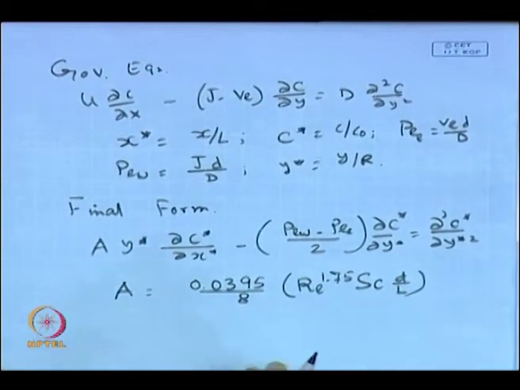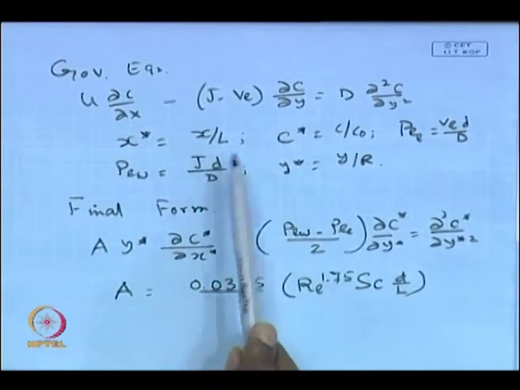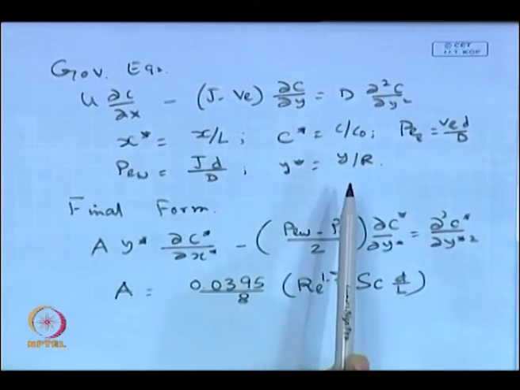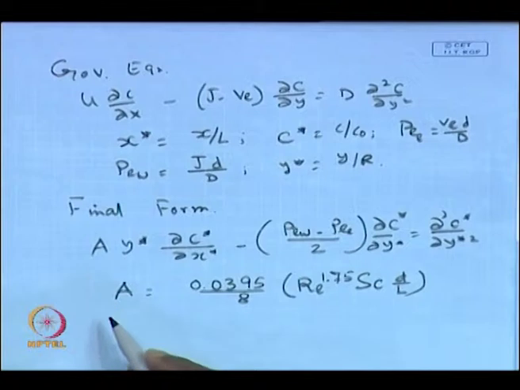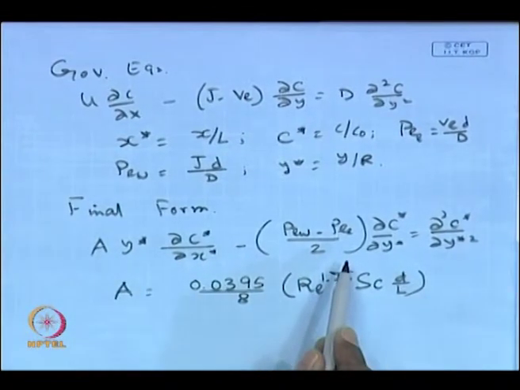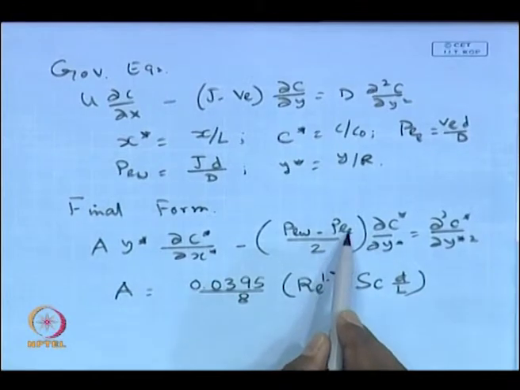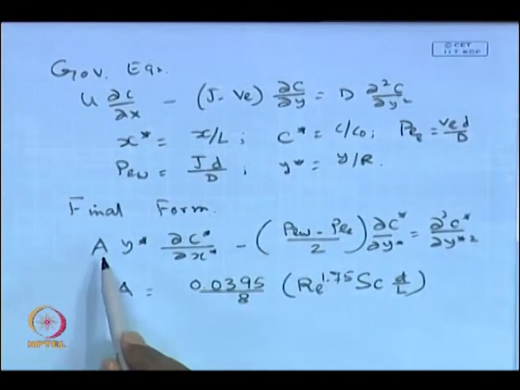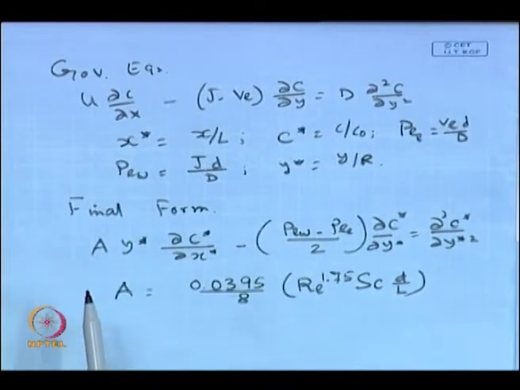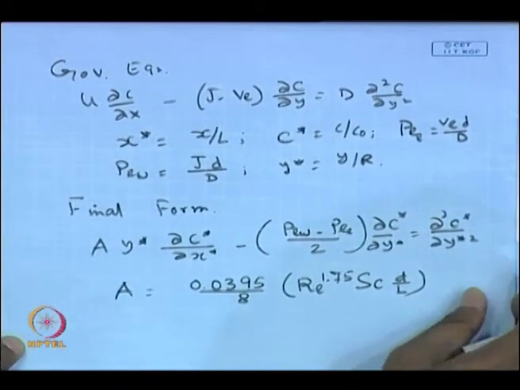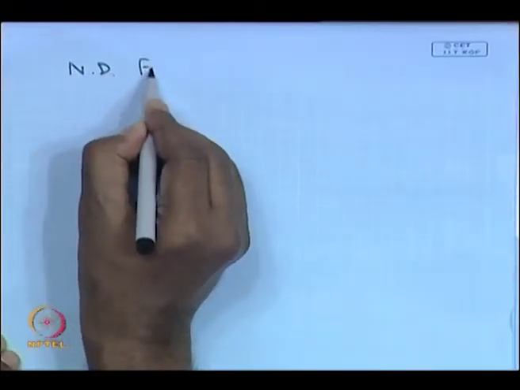Okay. I have omitted a number of steps, probably 2 steps. You please express all these quantities in the non-dimensional form, do one step, and just try to derive this equation and check whether you are getting the same thing or not. If you remember, we got the same formula in the case without electric field under the laminar flow condition. In that case, this P E term was not there, it was 0, and this A was 3 by 16 Reynolds Schmidt d by L. Okay. Fine. Now, along with the non-dimensional governing equation, you must have the non-dimensional form of boundary conditions.